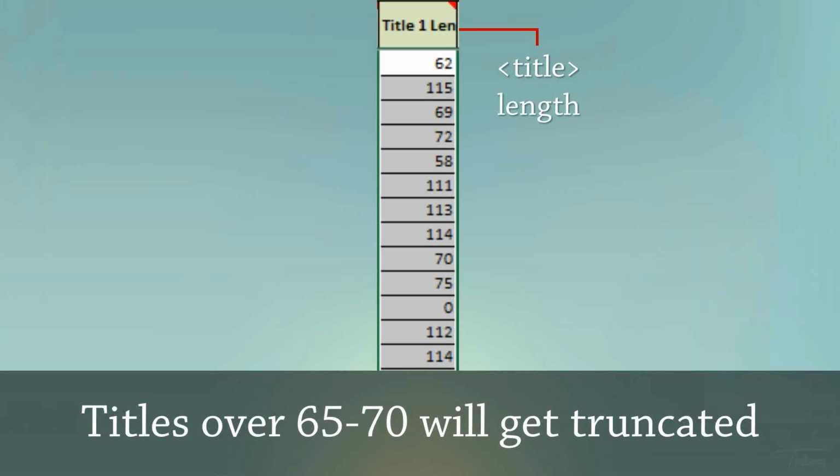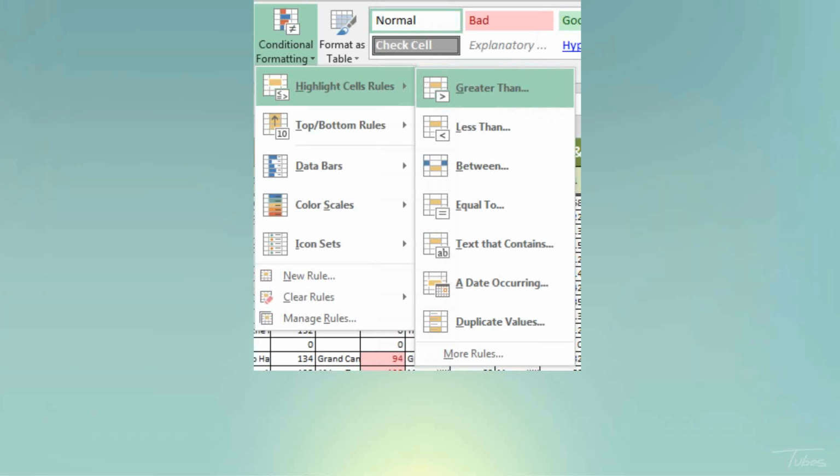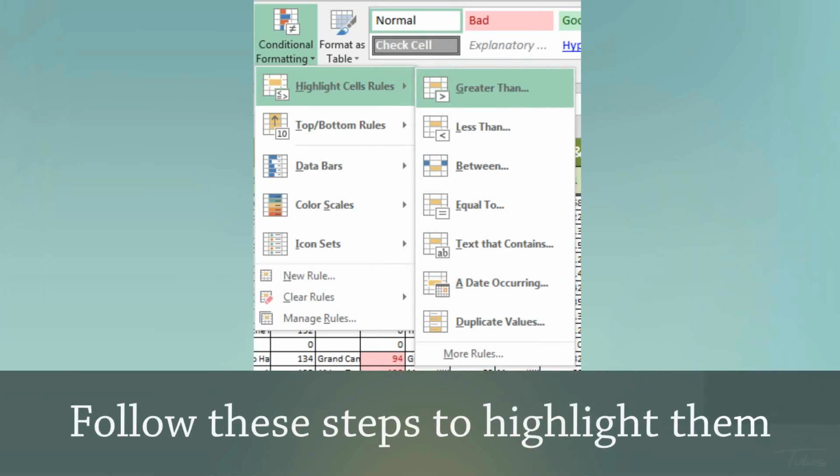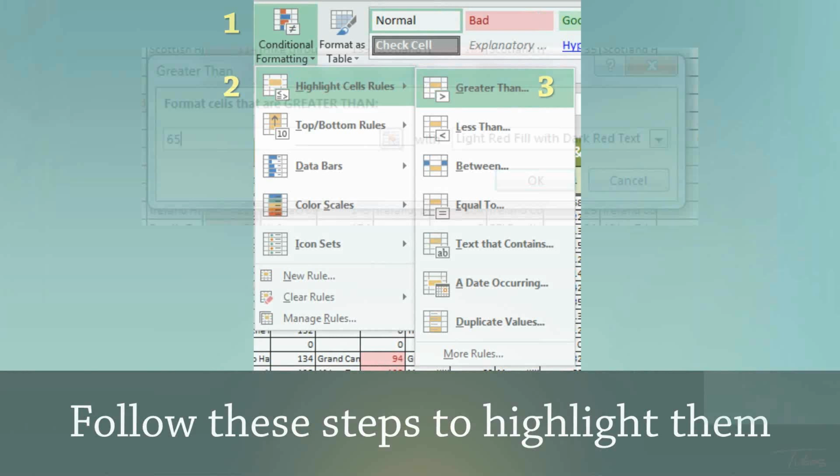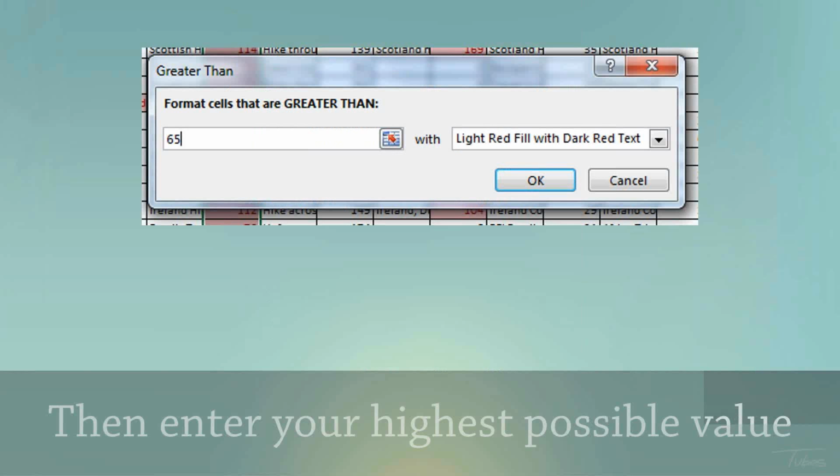So let's focus on just this title length column. And now I'm going to show you how to use conditional formatting to create those highlights for you auto-magically. So the first thing we do is click on the conditional formatting button. This is on the home screen in Excel for any spreadsheet. The next thing we do is click on the highlight cells rules, and that's part of the pop-down menu under conditional formatting. And from there we click on greater than, which leads us to a dialog